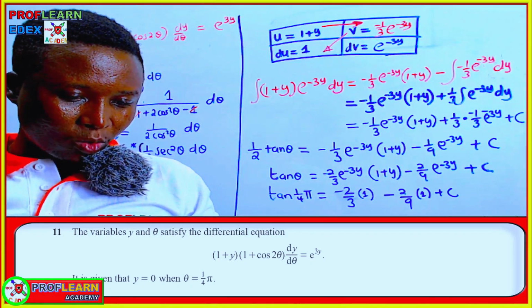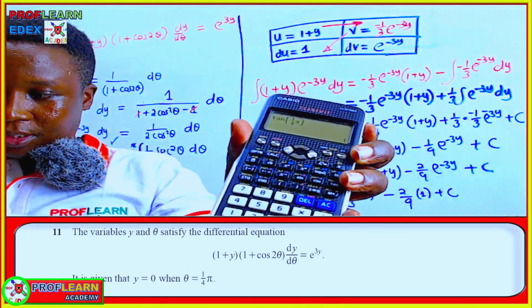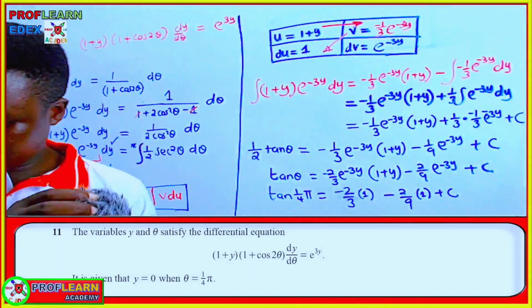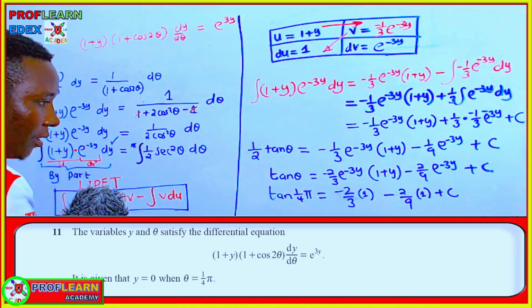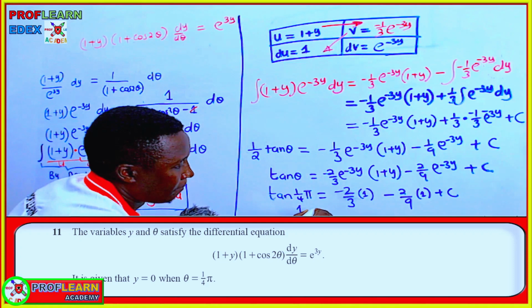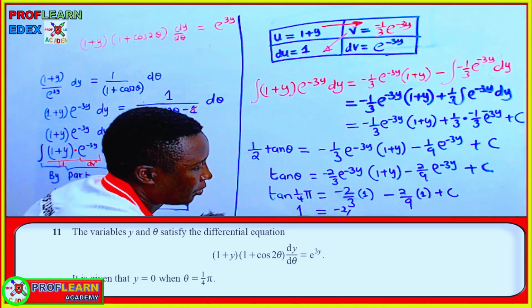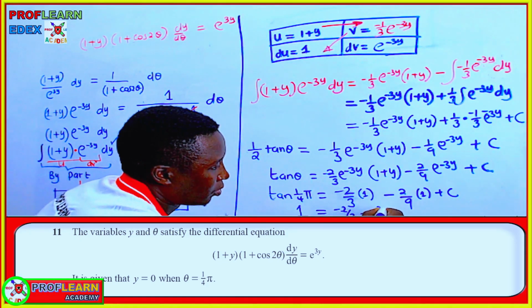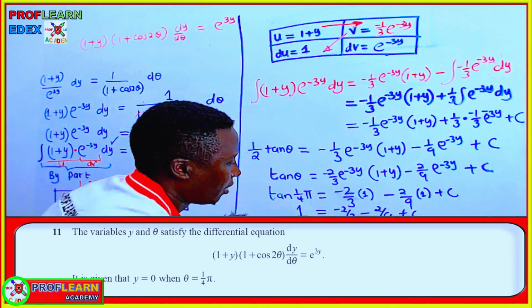Let's confirm that it's 1. Yeah, you can see now it's 1. So which will mean that this is equivalent to 1 equals negative 2 over 3 minus 2 over 9 plus c. So which means that